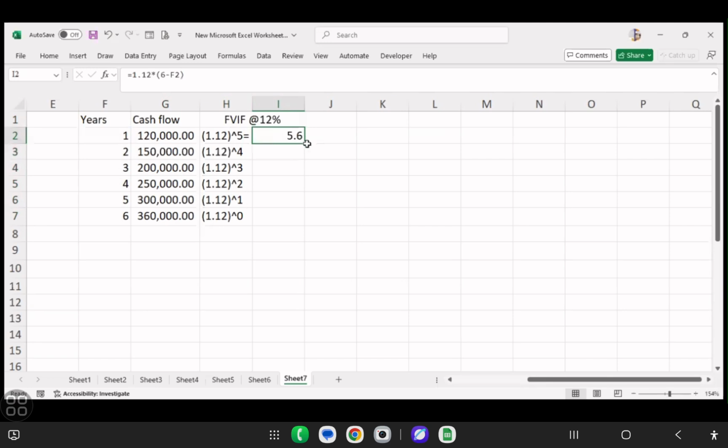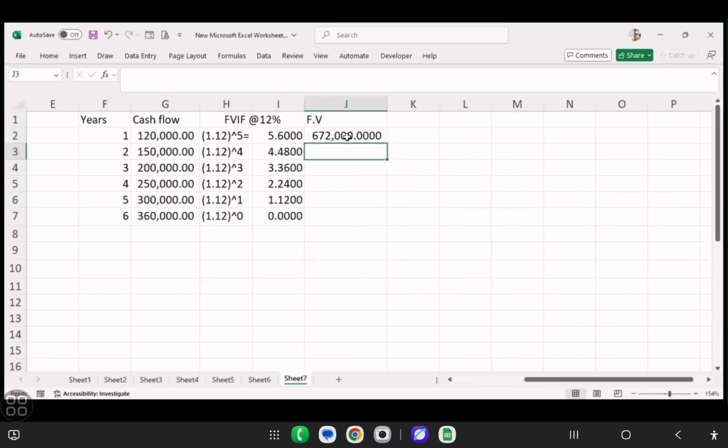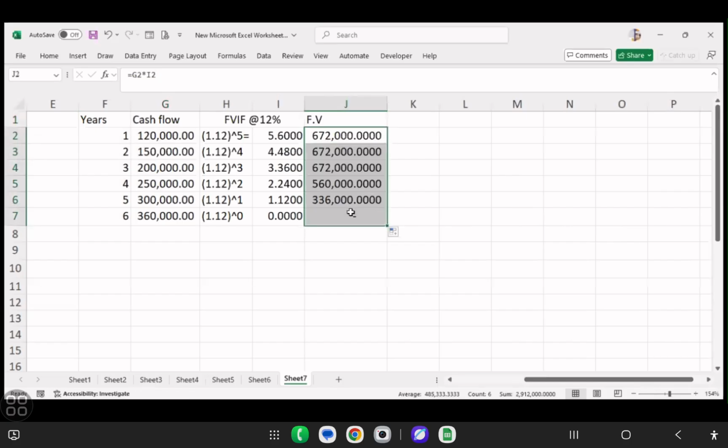That is giving us the future value rate. I can give it 2 decimal places because we are determining the future values, and this is where we get the future value. So the future value is equal to the cash flows multiplied by the compounding factor. We sum them up, and